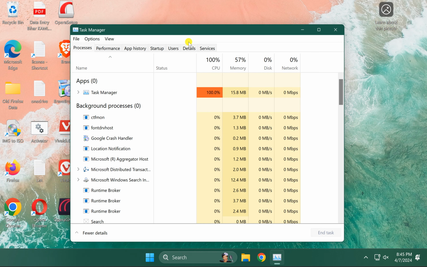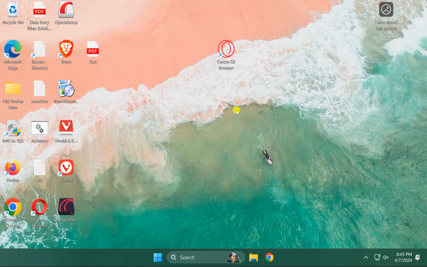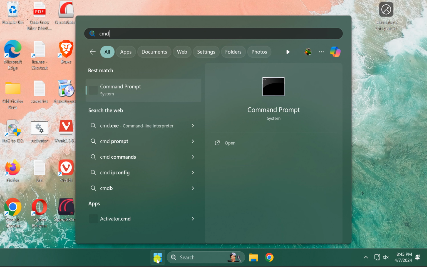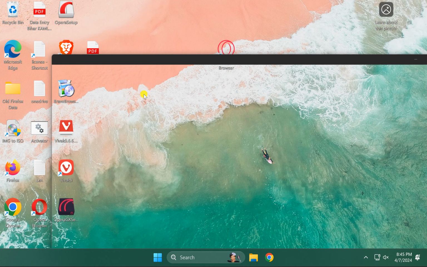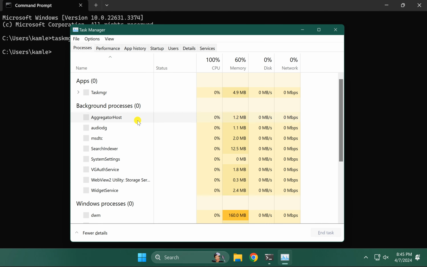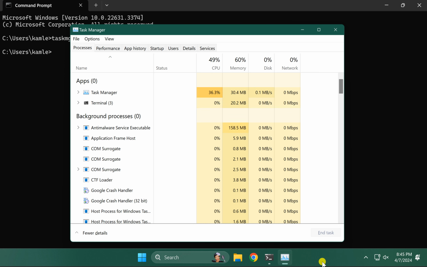This will open Classic Task Manager on your Windows 11 PC, and in case you want to open it with command prompt, again click on this one start button, type cmd in the search results, click on this one command prompt entry. Now use the same command taskmgr space hyphen d and then press enter on the keyboard. This will open Classic Task Manager on your Windows 11 PC.